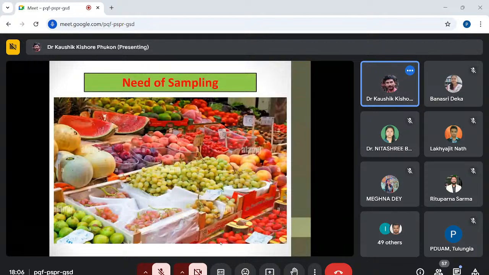You cannot eat all the grapes in the shop and refuse to buy any grapes because you find them to be sour. So, in our day to day life, we are applying various sampling techniques, knowingly or unknowingly, starting from choosing fruits and vegetables to the sophisticated exit polls. Let us discuss these techniques in a methodical way. Kindly inform me if my voice is not clear or the slides are not visible to you.